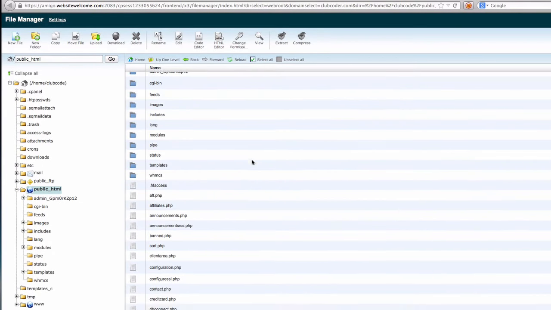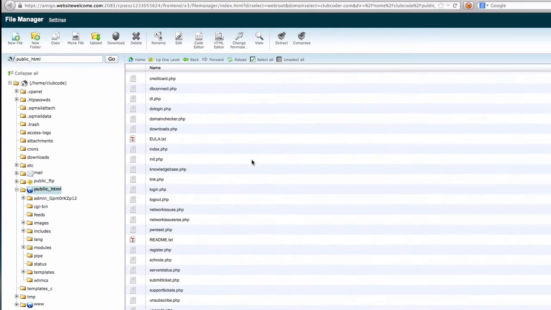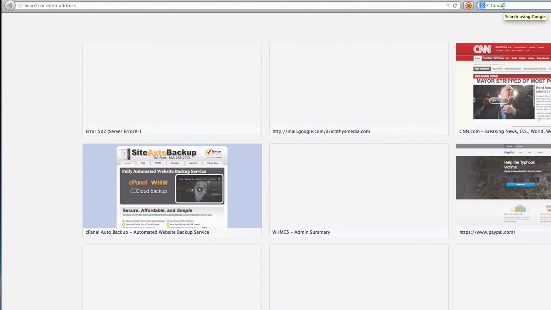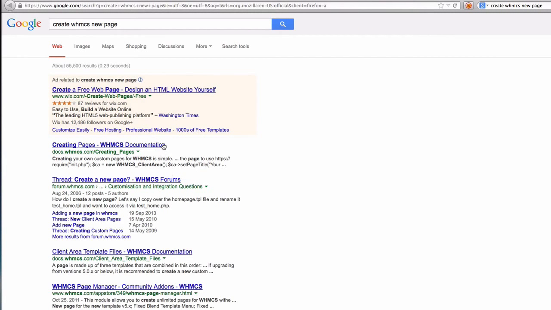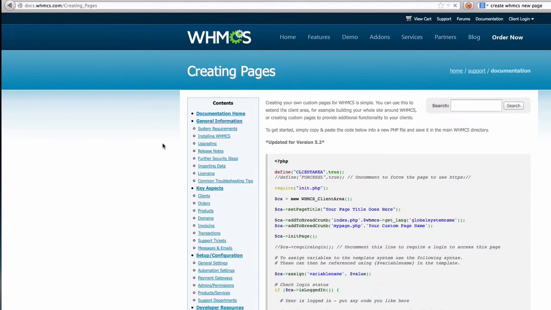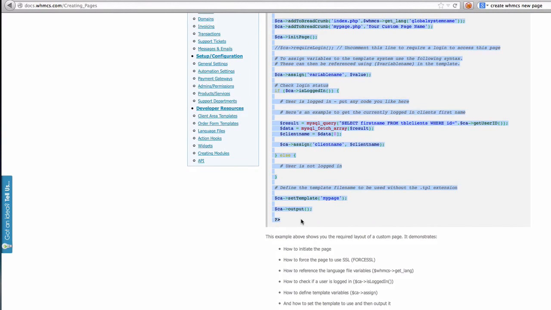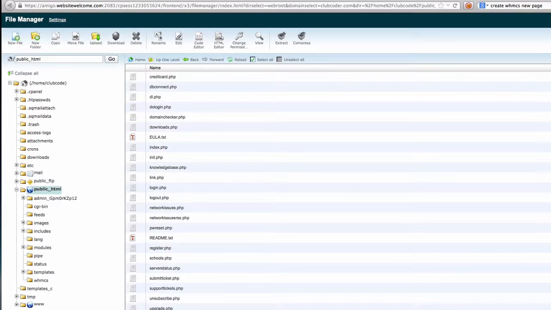So inside those 2 files, we are going to put the default code for a new WHMCS page. So let's go ahead. I'm going to open up a new browser here, and Google, create WHMCS new page. Creating pages, exactly what we want. So this is the updated version for our latest version. I'm going to copy this whole thing here, right? Copy that, go back to my file manager,